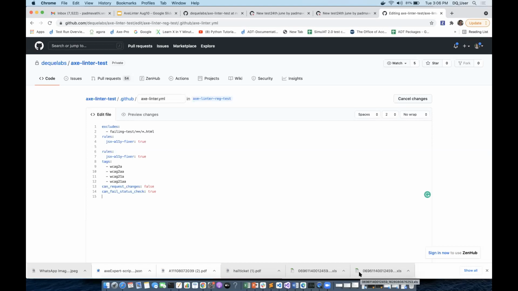For example, for other products we have, we know the percentage, but for Axlinter at this point, we do not have that number. But definitely it is not going to be as much as the other products, because this is only looking at the source code and not the rendered page. Thank you so much.